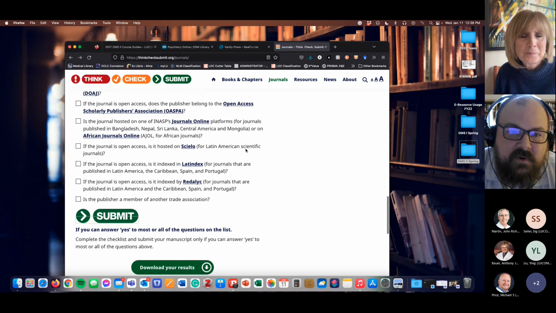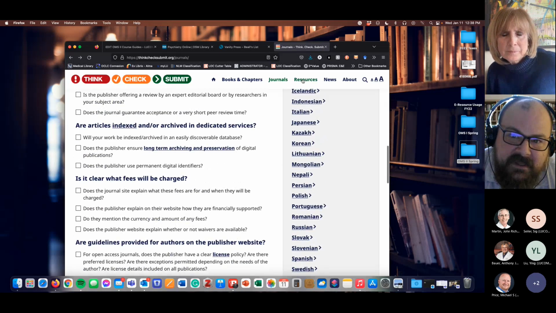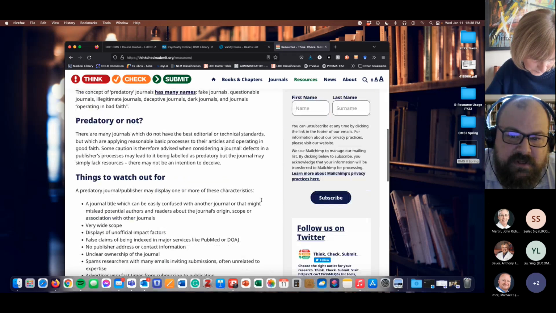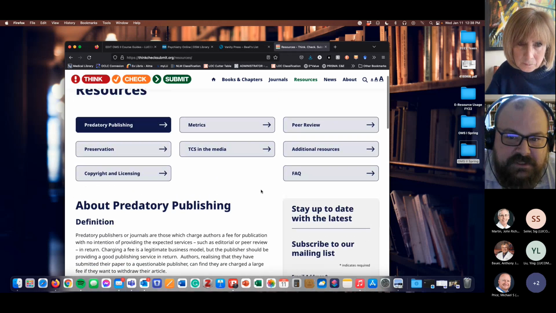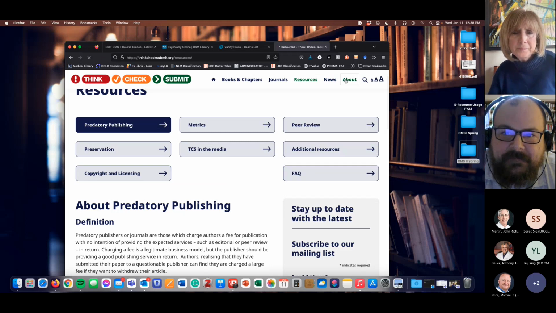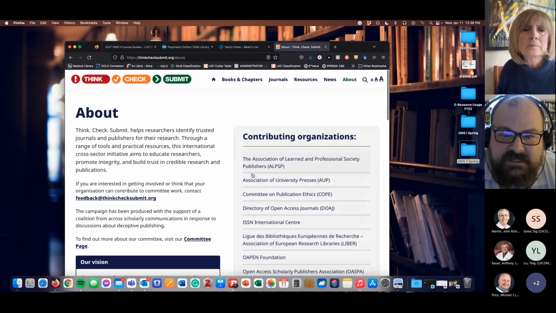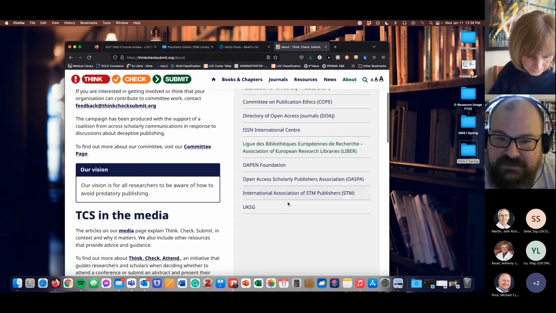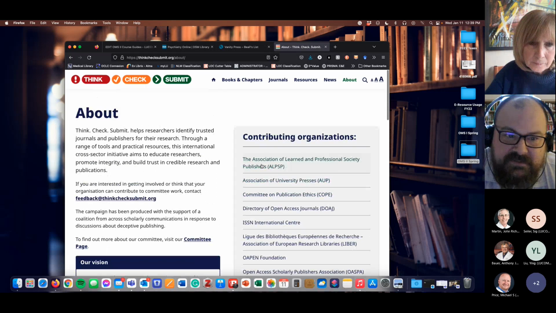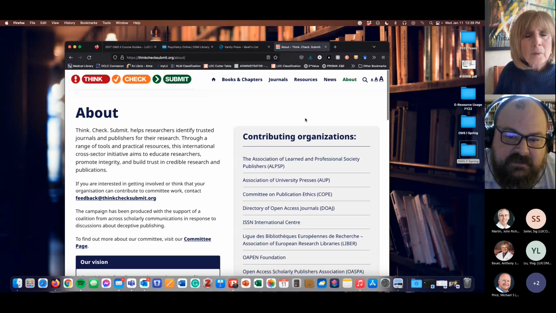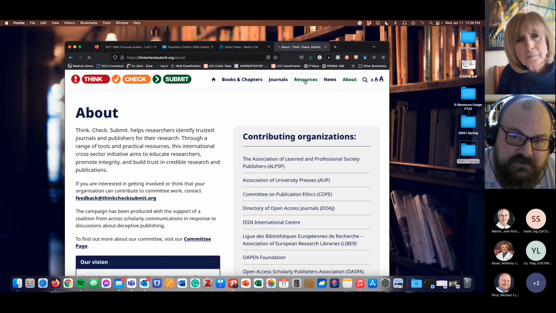But this is a good resource for checking, and you can tell up here under resources: this initiative is supported by BioMed Central. Let me see if I can find it, or maybe it's in the about section. I'll go back to the resources. These are organizations that support or help fund this. The Committee on Publication Ethics helps support this. Everybody's heard of BioMed Central, which also helps support this. That's not listed there, but this is a legitimate tool for determining the legitimacy of journals that you want to use.